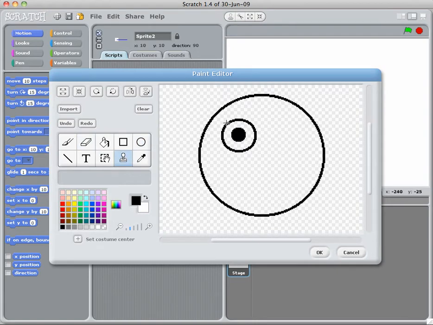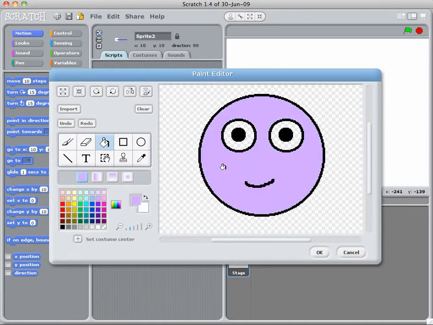Now what I can do is use the stamp tool to copy that. So if I select that, it'll give me the option to stamp that elsewhere. So I'm going to use that, and then I'm just going to use a basic line for the smile there. So there's my cute little sprite. I might actually colour him in, so I'll make him purple and make the eyes white so that they're not